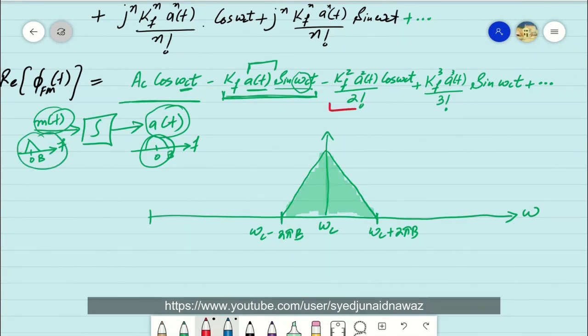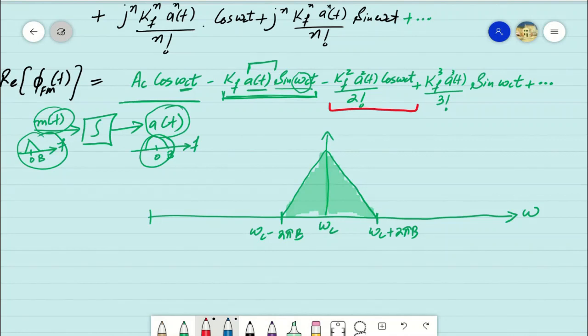Similarly, if we analyze the third part here, it has a constant scaling factor of kf square. If you recall, the constant factor kf was introduced to restrict or limit the shifts caused by the amplitude of the information signal in the instantaneous phase or instantaneous frequency of the carrier signal, for the case of phase modulation and frequency modulation respectively. So this limiting constant has a small value, for example kf equals a very small number that is less than 1, and this limiting constant is being squared, and the square, being a non-linear operator, discriminates between different values.